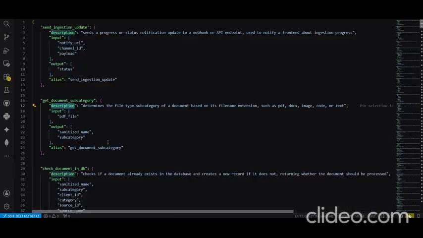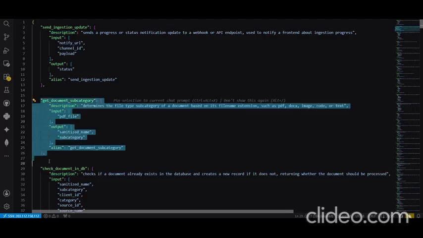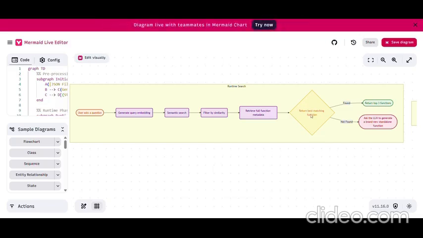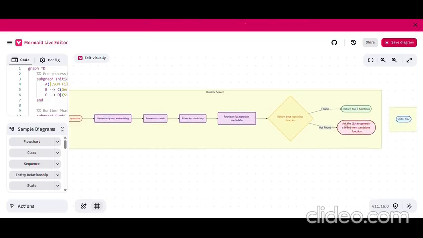For example, we use only this part for the semantic search. But when we get to know that this is the correct answer, we want to retrieve this whole thing, the whole JSON. So that's what we are using it for. So after the best match, we return the top three functions, or else we ask the LLM to generate a new standalone